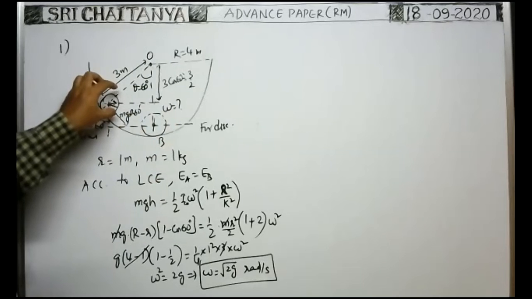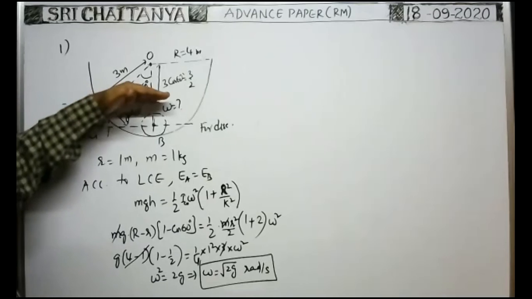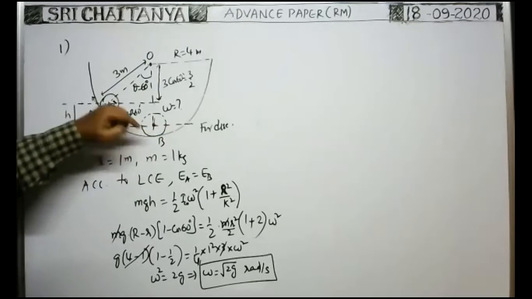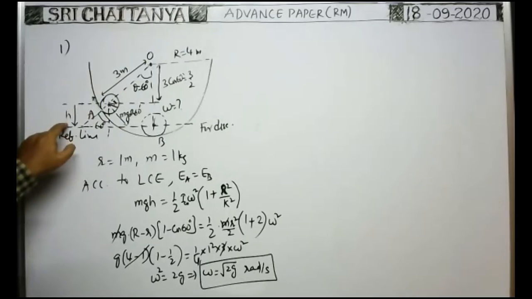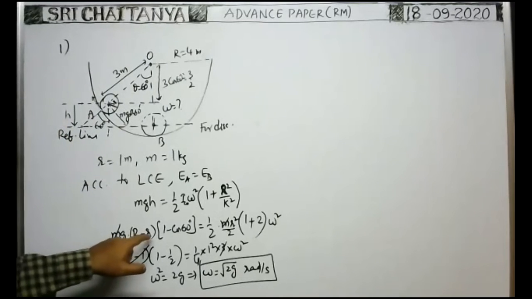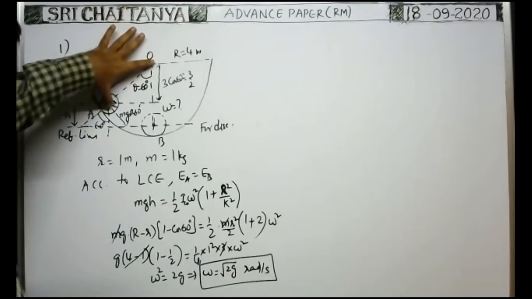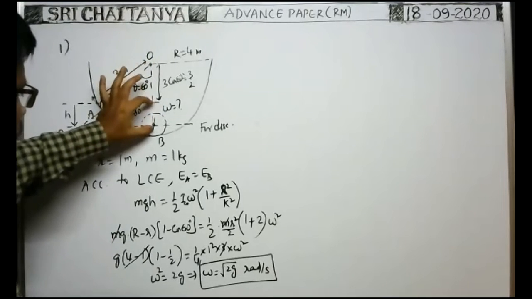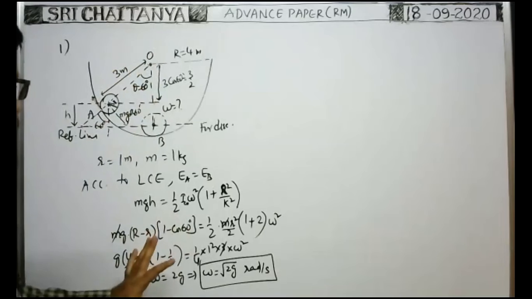Initially, whenever the disk is here, the center of the disk lies at this point, in this horizontal plane. Whenever the disk comes to this position, the center of mass lies in this horizontal plane. That's why whenever the disk comes from A to B, the distance through which the center of mass comes down is equal to h. Of course, h is equal to, you see, capital R minus small r into 1 minus cos 60, because this length is equal to capital R minus small r. Their component is capital R minus small r into cos 60. So h means capital R minus small r minus capital R minus small r into cos 60. So capital R minus small r into 1 minus cos 60 is equal to h.